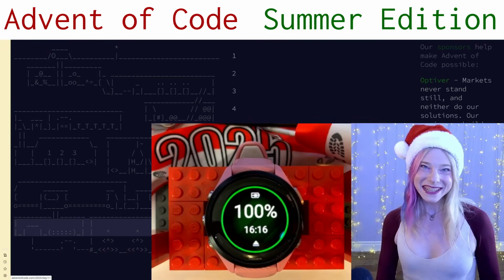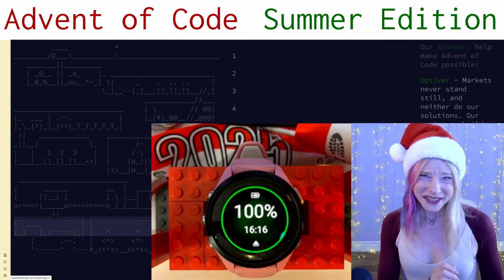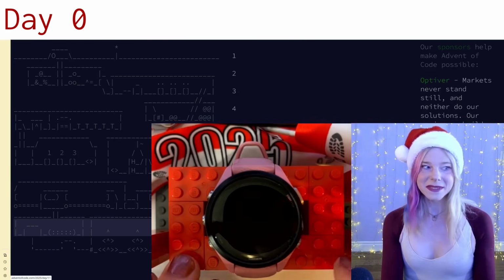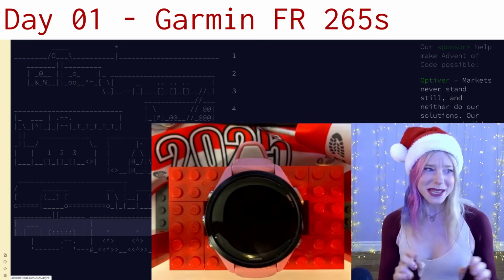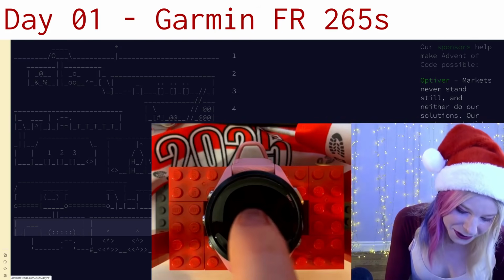It is late August 2026, and with all the really warm weather and gross smoky air, I think it is a great time to solve last year's Advent of Code. This year, I'm going to solve the problems with as many weird devices as possible, starting with this Garmin Forerunner